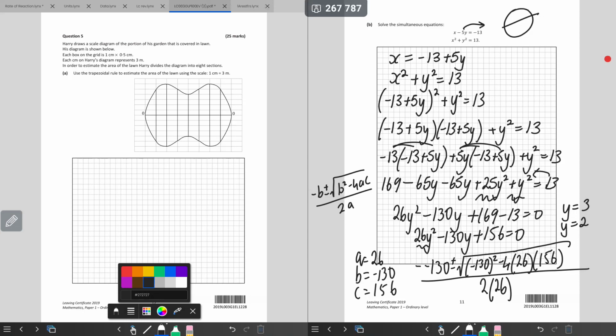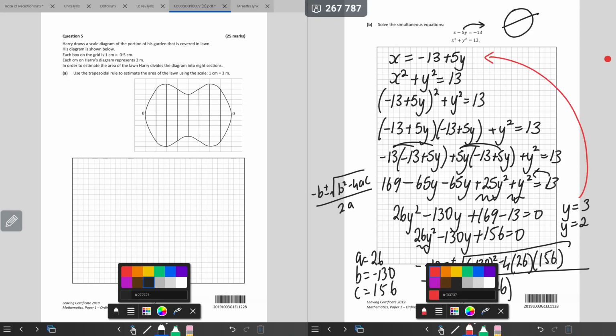Technically, is that us done? No, what are you going to do with those? Sub y back in and fill in both of them individually. So x is equal to minus 13 plus 5y. That's 5 times y, which is